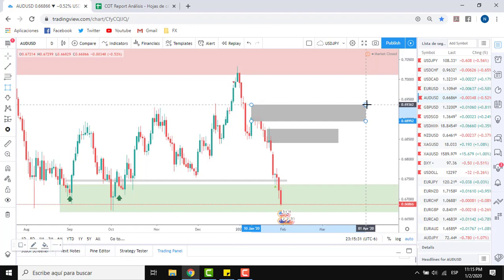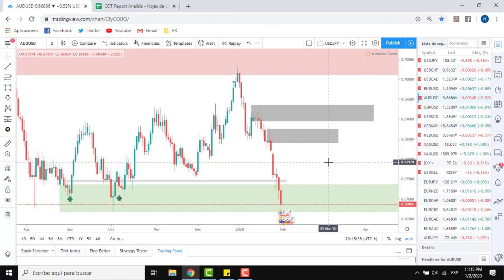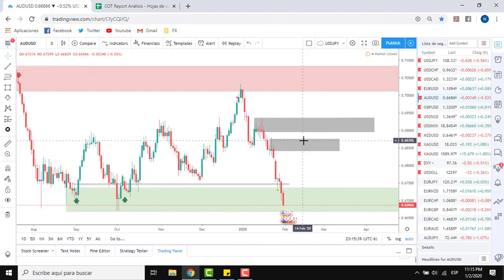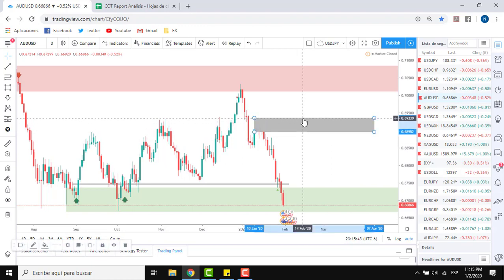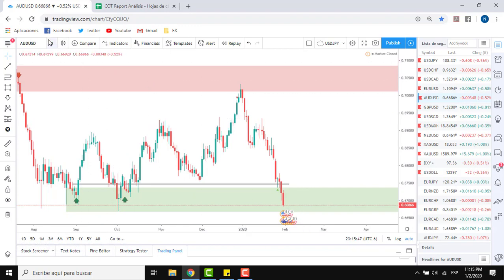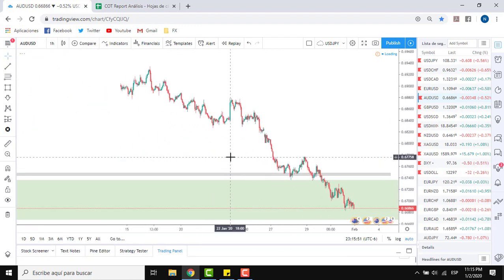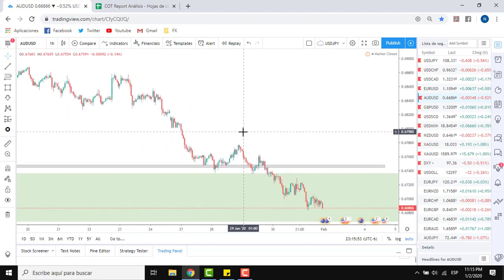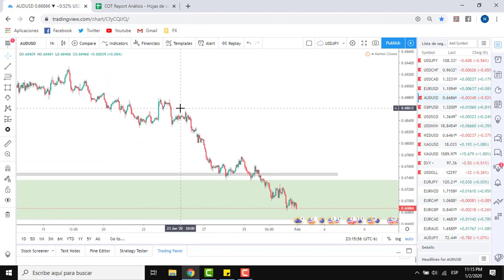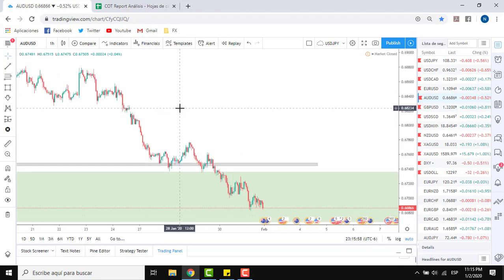Probably that will not happen this week, but probably will happen in the following 2 or 3 weeks. So this is a good swing in case it works. But let's check if we can get an entry this week. We will. That's why I use lower time frames, like 1 hour. I don't usually look for confirmations, to be honest with you, but this week I will make the exception because